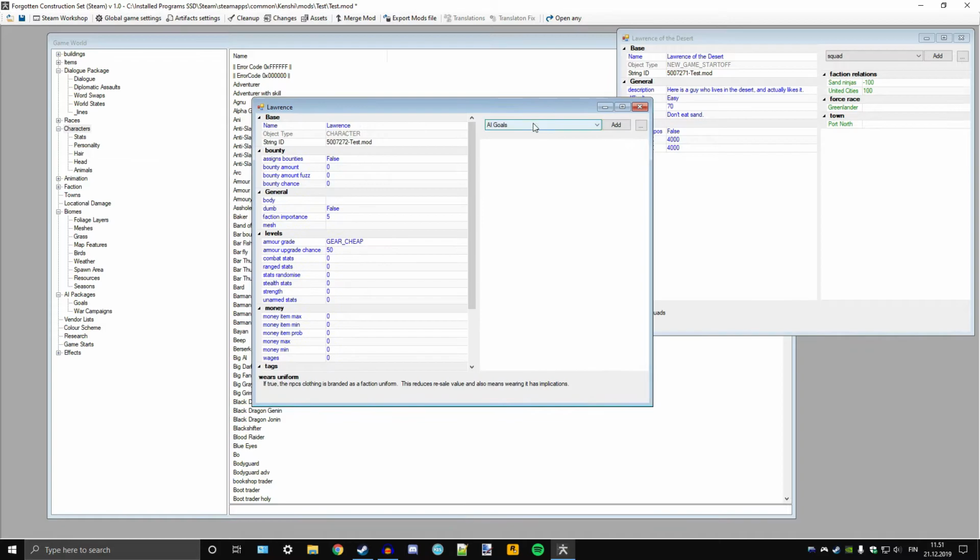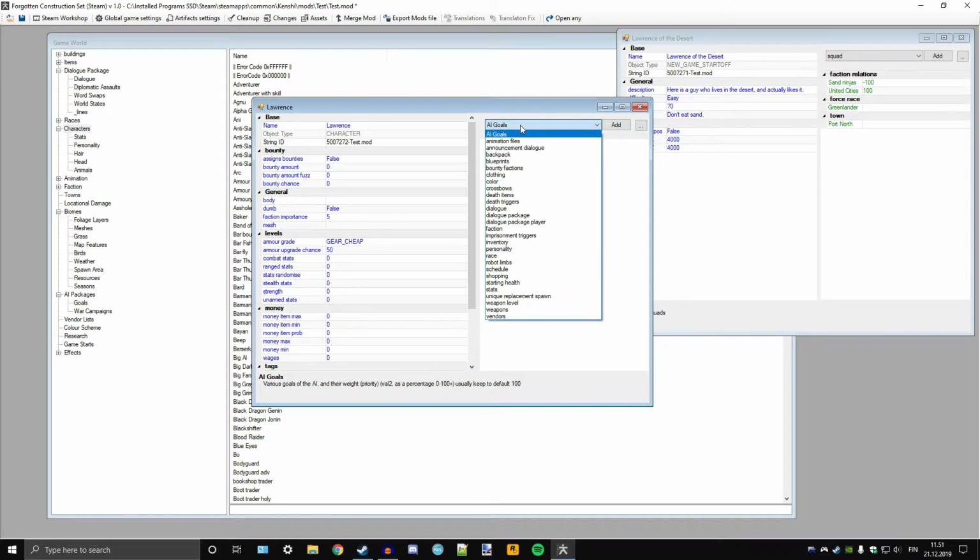Oh, and here we go again. So I need to create AI goals. I need to do all this kind of stuff. You don't have to do it. This is for NPCs only. You can use some AI goals. I've used it mostly for testing to see what happens if I set a certain